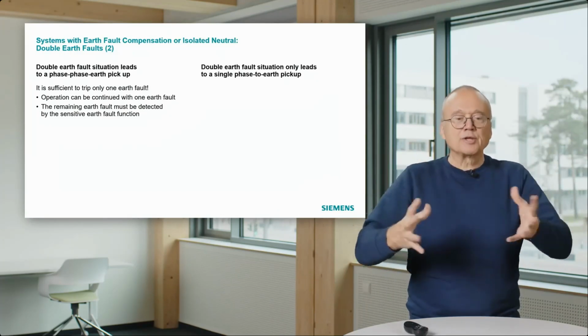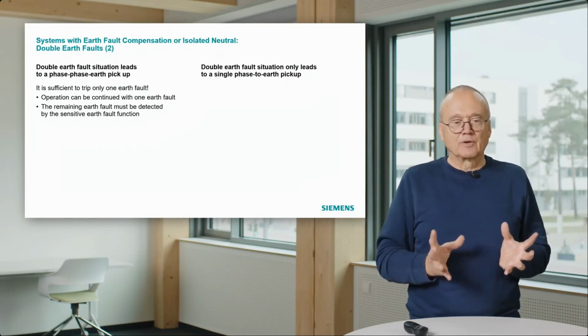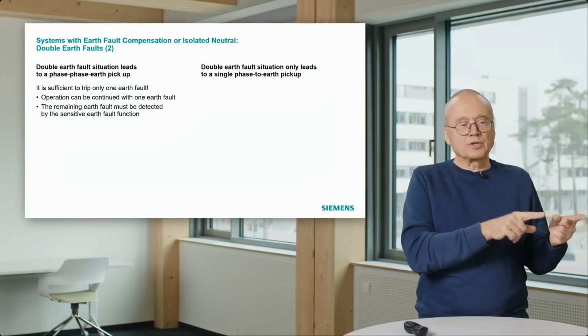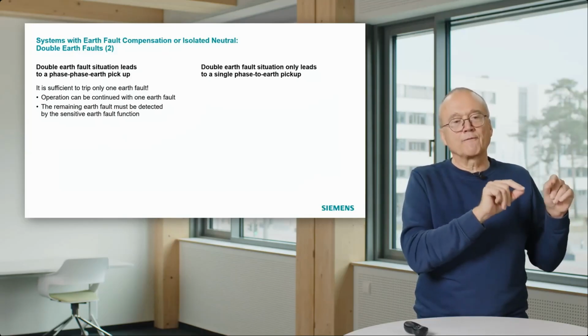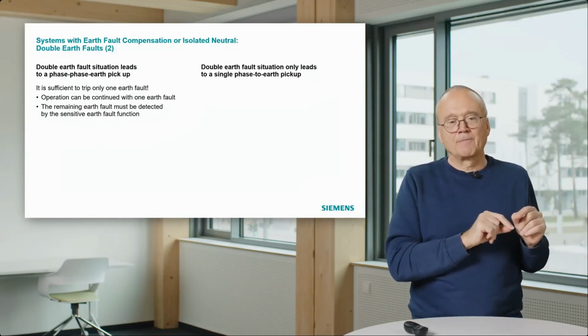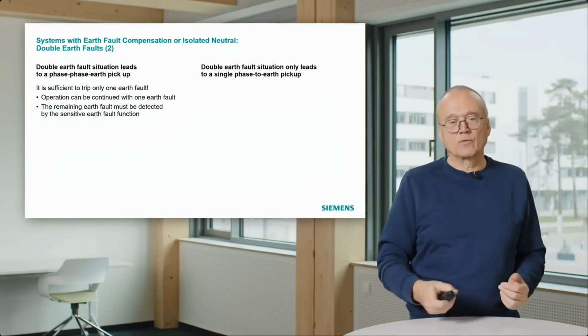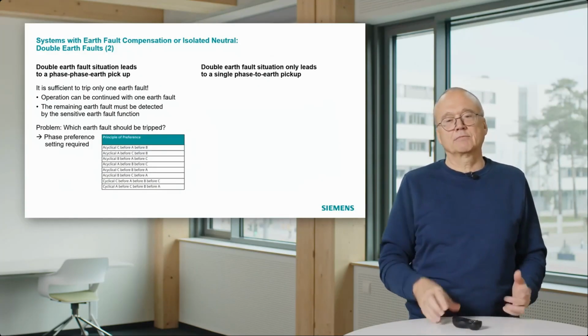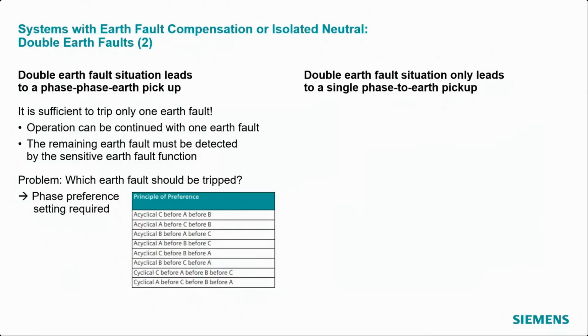And then all these relays must agree, okay, in this situation, phase 1 and phase 2 affected, we want to disconnect the line with the phase 1 to ground fault. And for that, we have a rule, and that is called the phase preference. And there are different concepts for that. You cannot say one is better than the other one. The important point here is all relays must have the same rule. And then all relays know, okay,